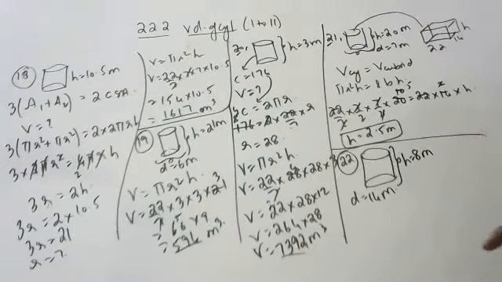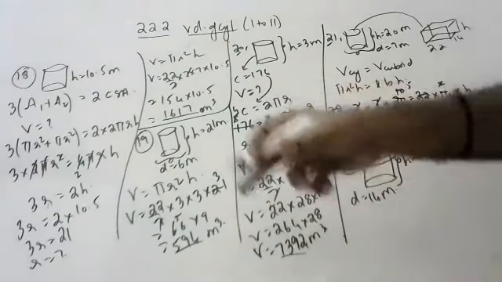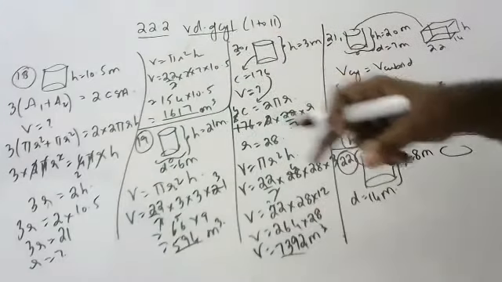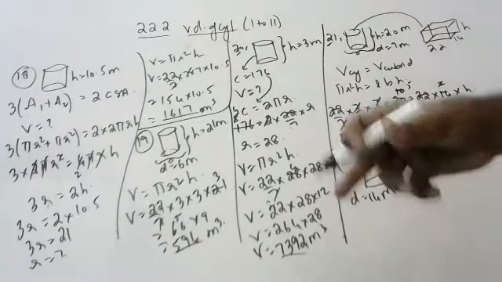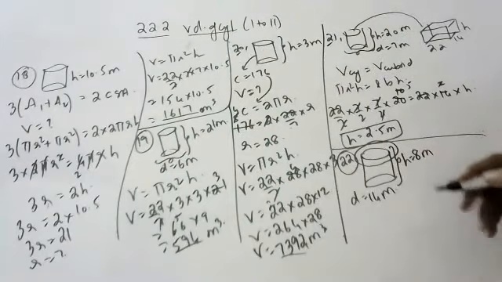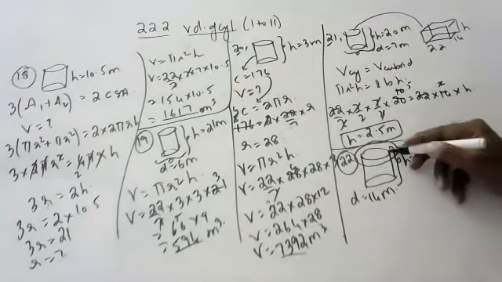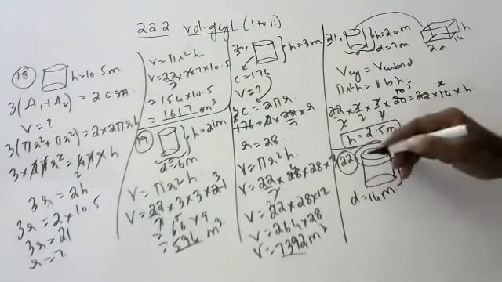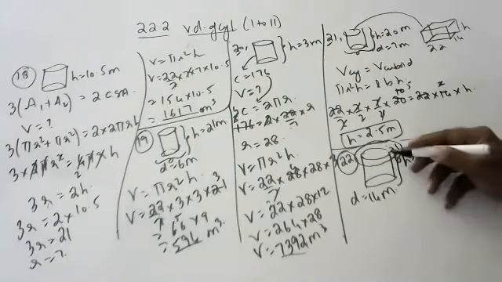Do you know what is meant by embankment? Embankment is a hollow cylinder. Around the well they will build a small wall-like thing so that no one will fall inside. That hollow cylinder is called an embankment. So the embankment width is 21 meters. If you are not able to understand, I will say this is 21. Width is 21.